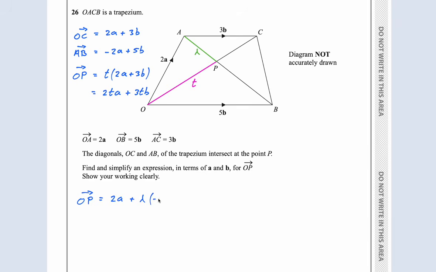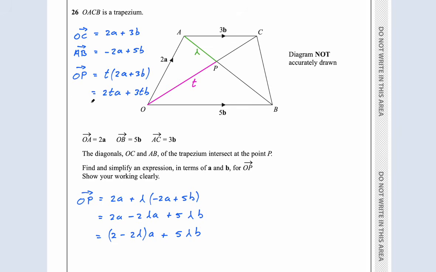And we know AB is minus 2a plus 5b. So this equals 2a minus 2 lambda a plus 5 lambda b. And just get my a's together here, guys. This is 2 minus 2 lambda a, if I take out the a, plus 5 lambda b. Okay, now I do this